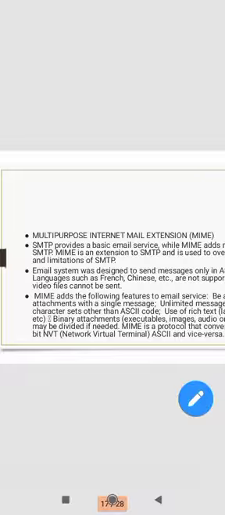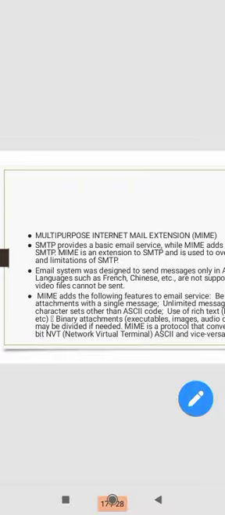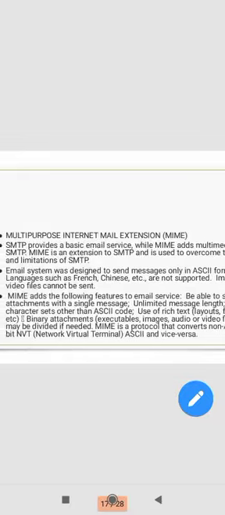Multipurpose Internet Mail Extension. Email systems were designed to send messages only in ASCII format. So languages such as French, Chinese, etc. are not supported, and image and audio video files cannot be sent. MIME adds a